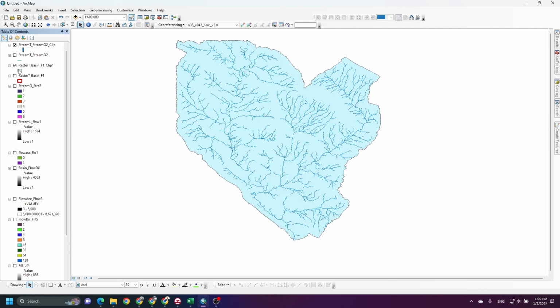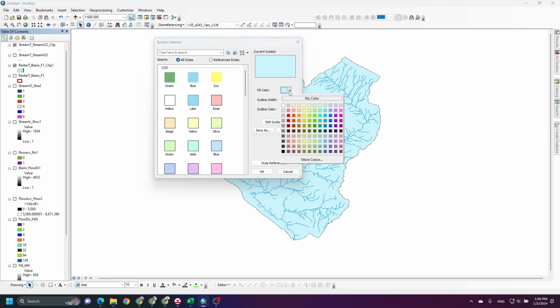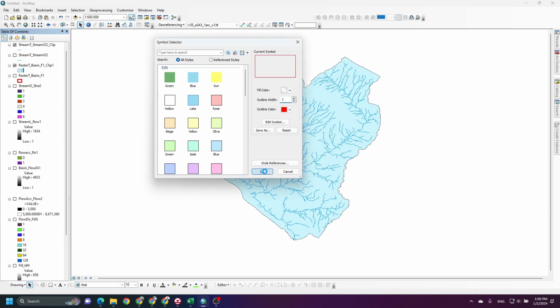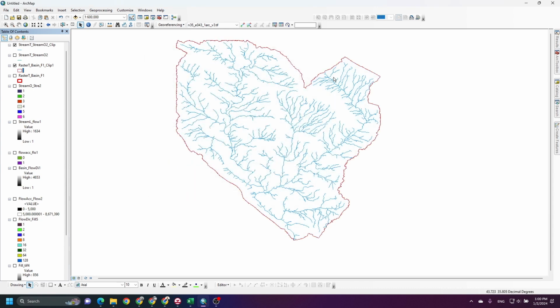Just changing the properties. Yeah, this is the extracted watershed that we have.